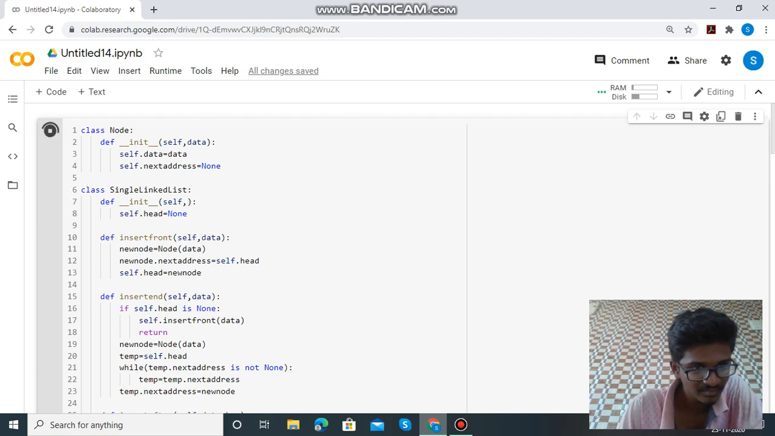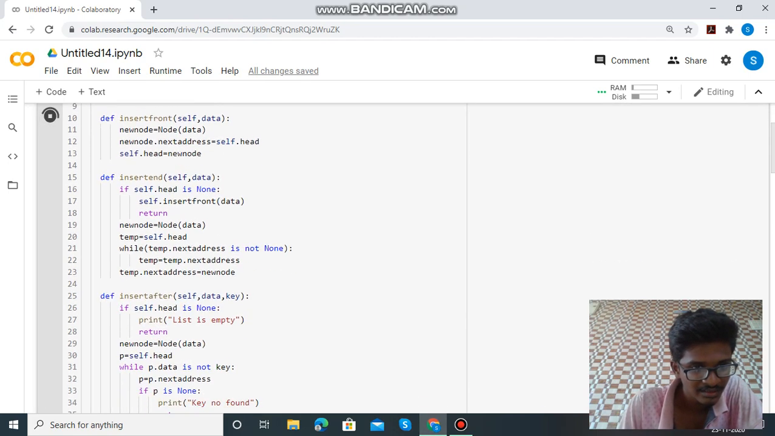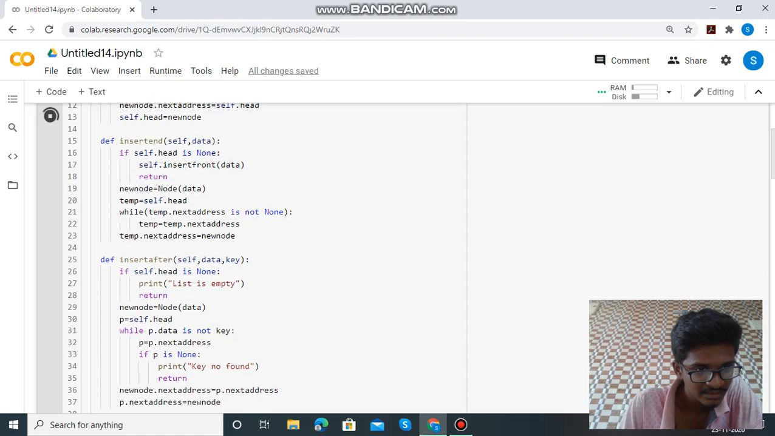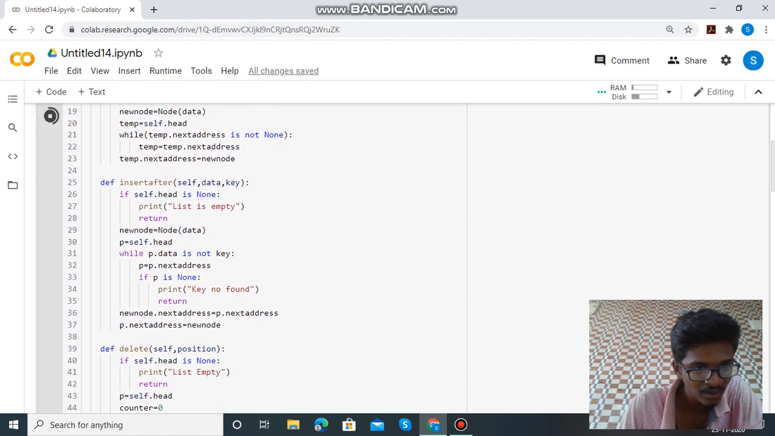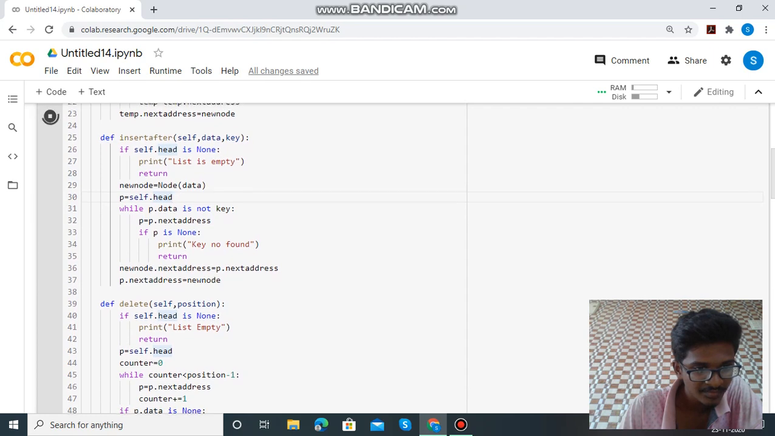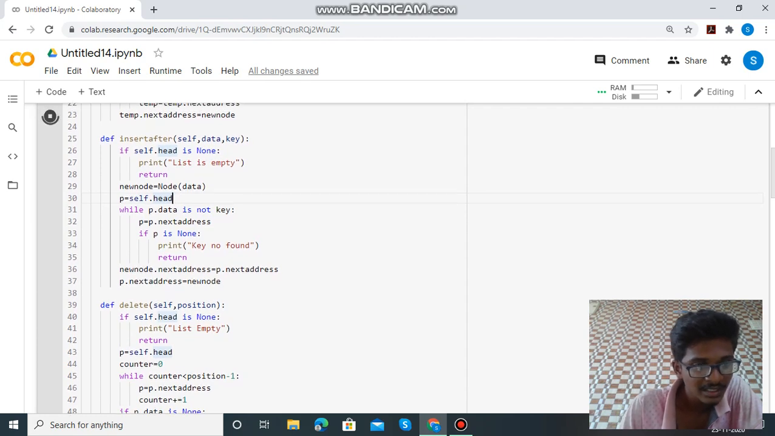and inside that function check if the linked list is empty, then call the insert front function using data. Otherwise, traverse the linked list to the last node using a loop and insert a new node at the last position. Then temp.next_address = p.next_address